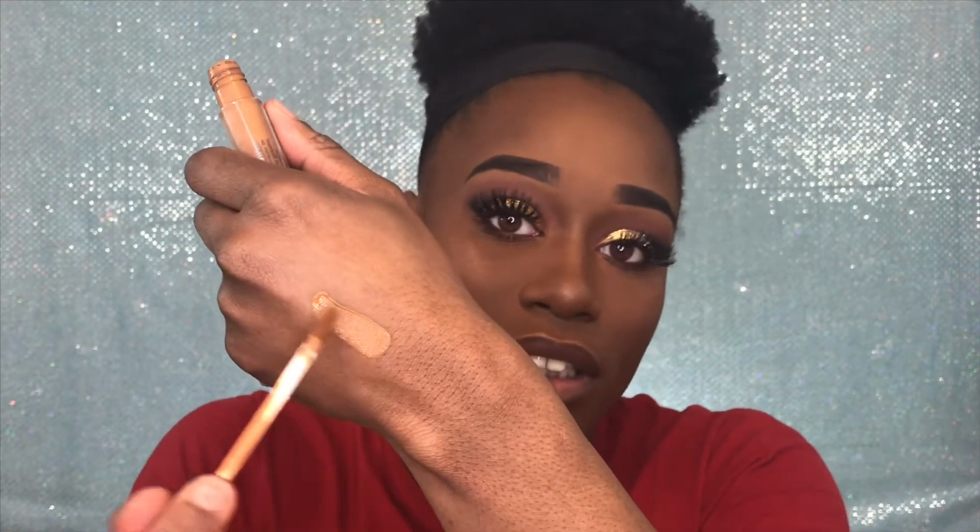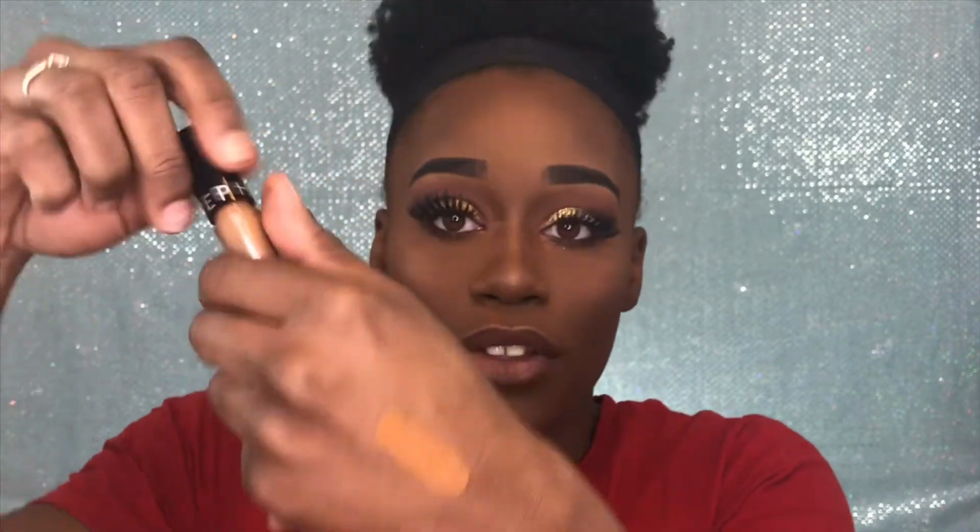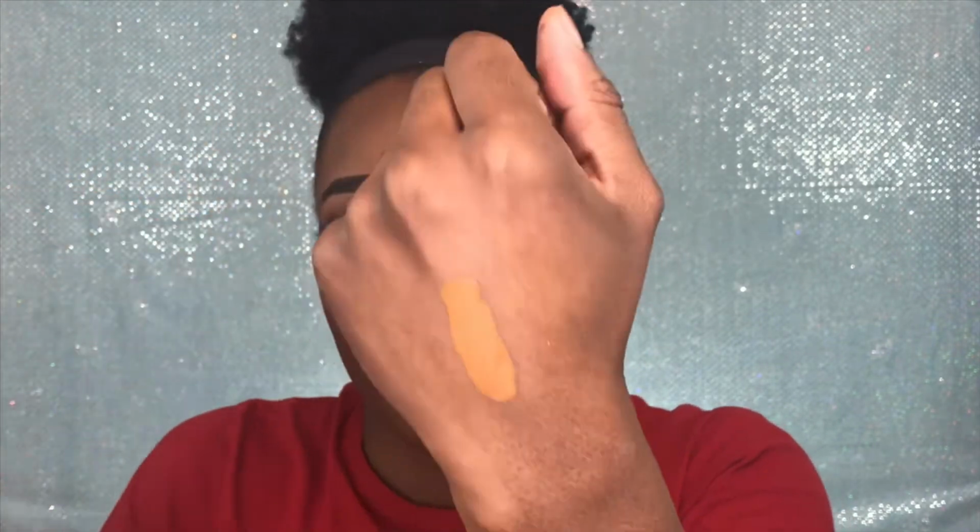A lot of these products I have on my face. I did a full face of these products, but I love this so much. It is literally the perfect concealer tone for my skin. It has the perfect undertone for my skin and everything, and they discontinued it. Like,